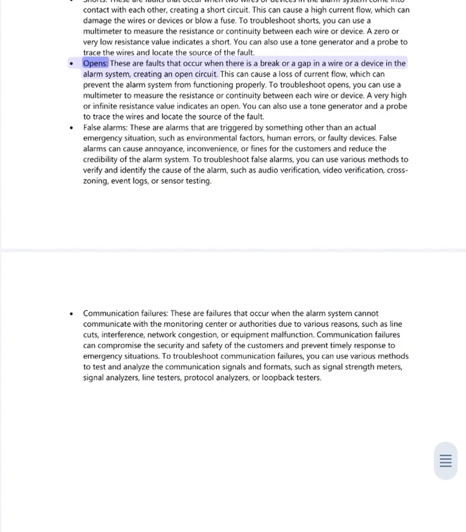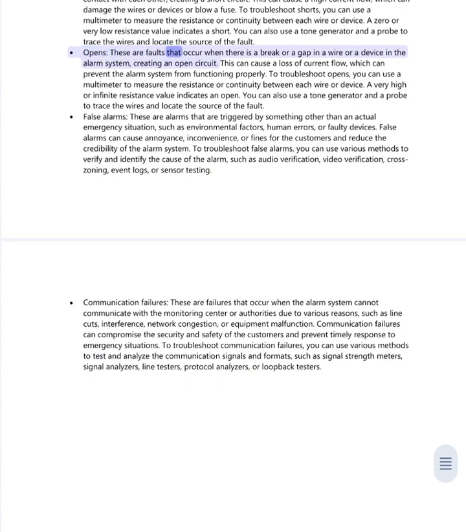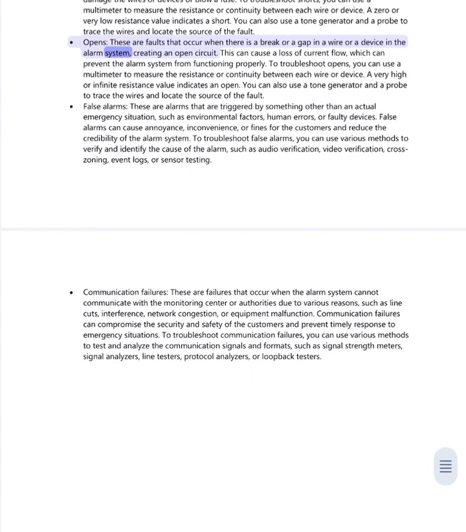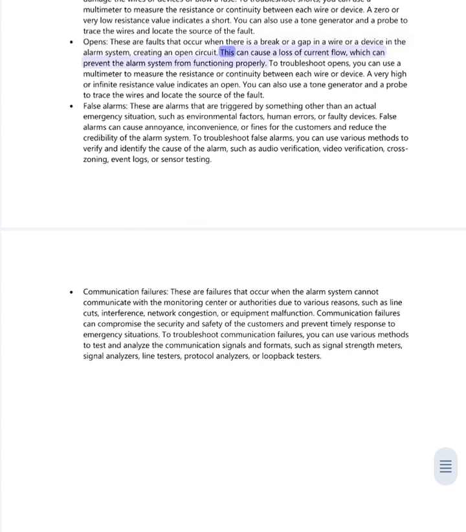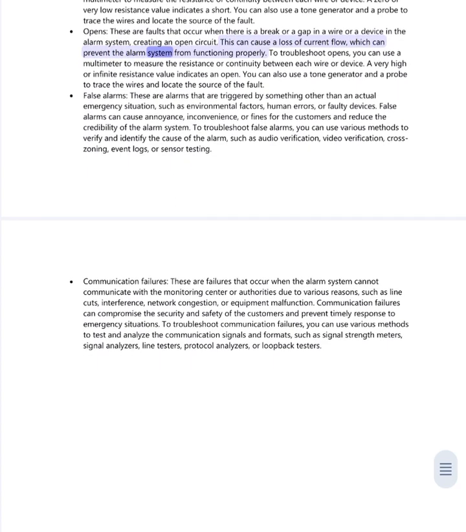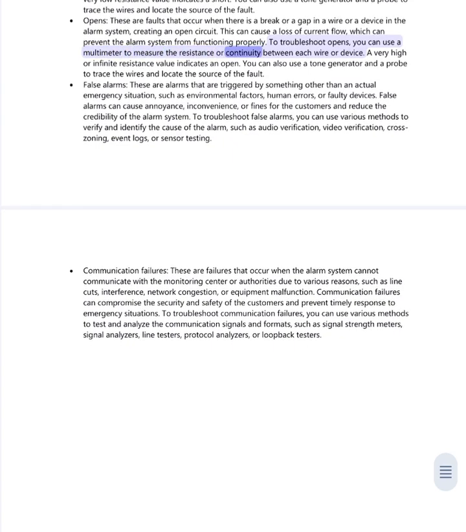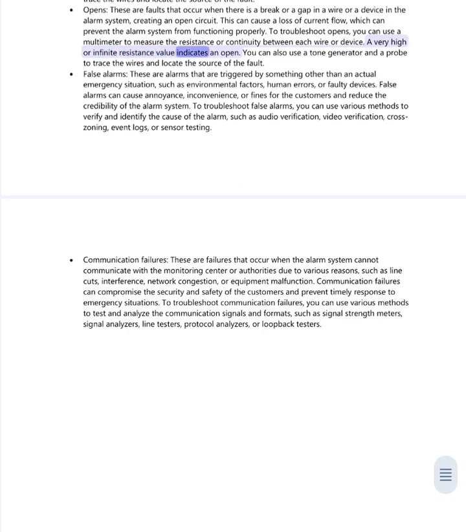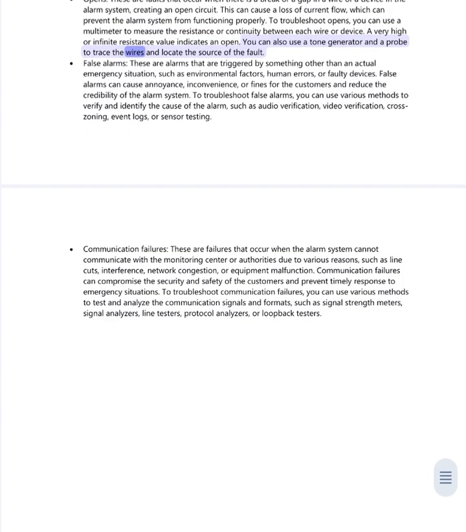fault. Opens. These are faults that occur when there is a break or a gap in a wire or a device in the alarm system, creating an open circuit. This can cause a loss of current flow, which can prevent the alarm system from functioning properly. To troubleshoot opens, you can use a multimeter to measure the resistance or continuity between each wire or device. A very high or infinite resistance value indicates an open. You can also use a tone generator and a probe to trace the wires and locate the source of the